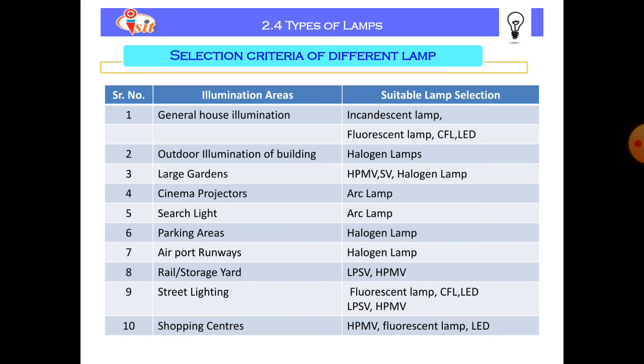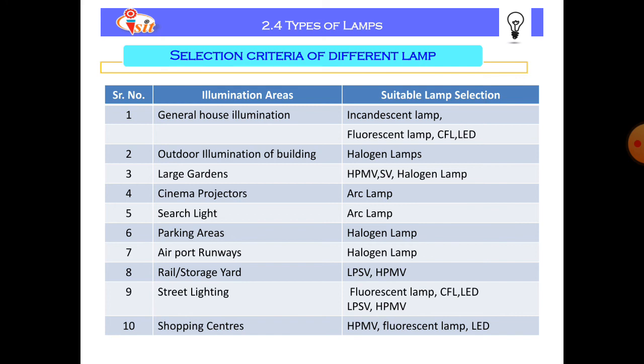So the next point is selection criteria of different lamps. There are various lamps, as we have studied. So what are the applications of the lamps?